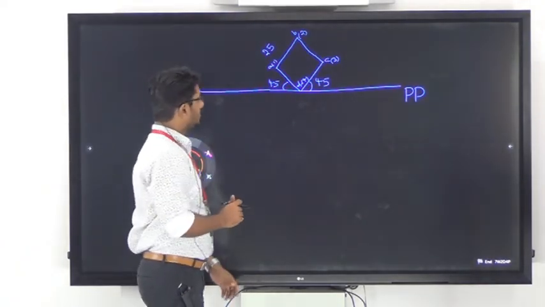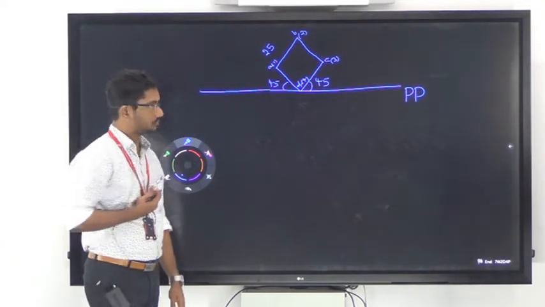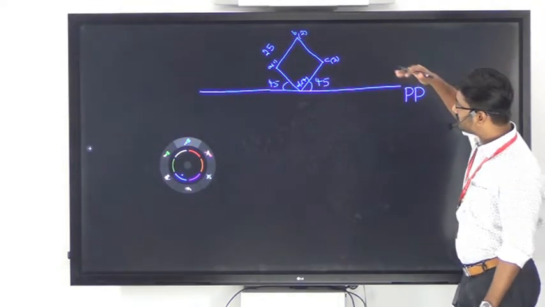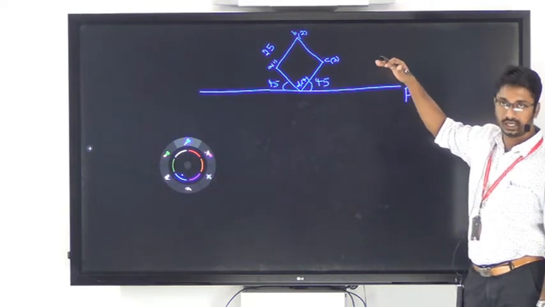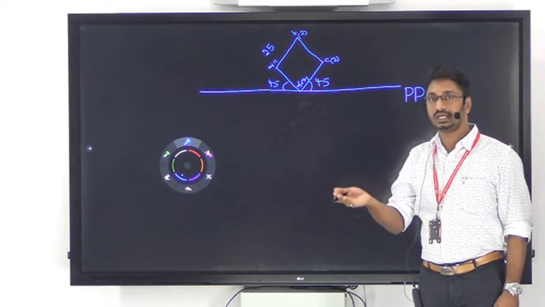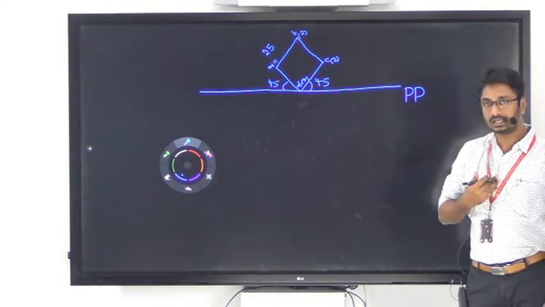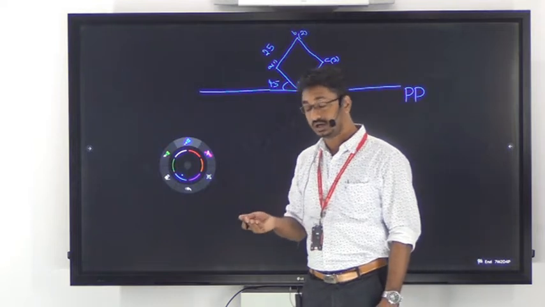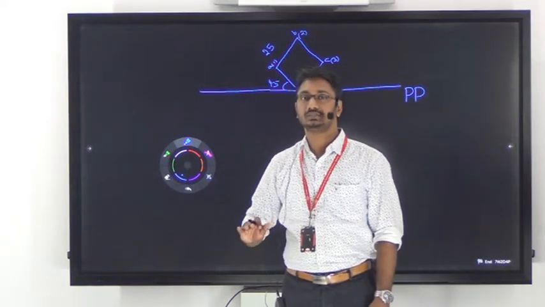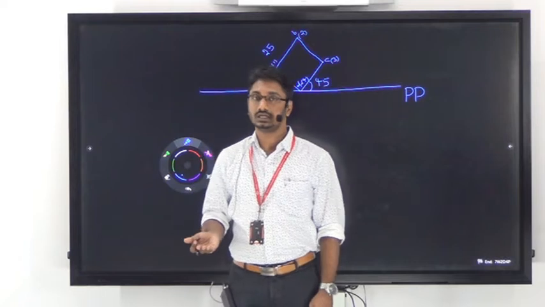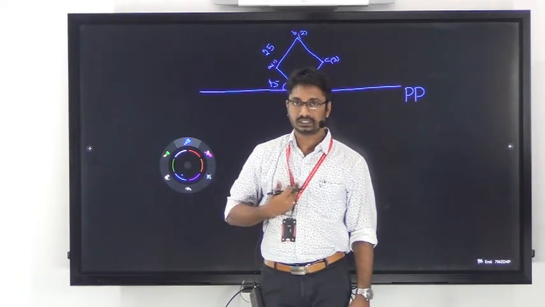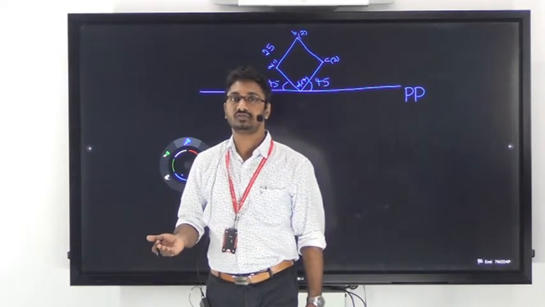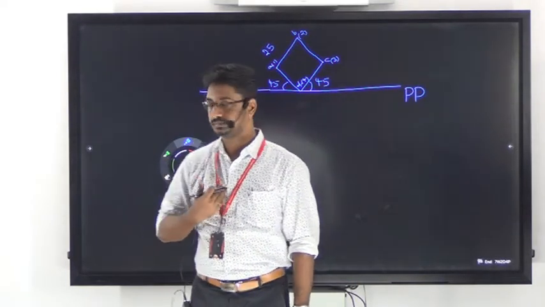Now you have to draw the front view of the cube. So it is given that the top surface of the cube is touching an auxiliary ground plane. So first we are drawing the front view of the auxiliary ground plane, and with respect to that front view we are drawing the front view of the cube. Last case we have drawn the top view, front view of the ground plane, and with respect to that front view we have drawn the front view of the rectangular prism. Here instead of drawing the front view of the ground plane, we are drawing the front view of the auxiliary ground plane.